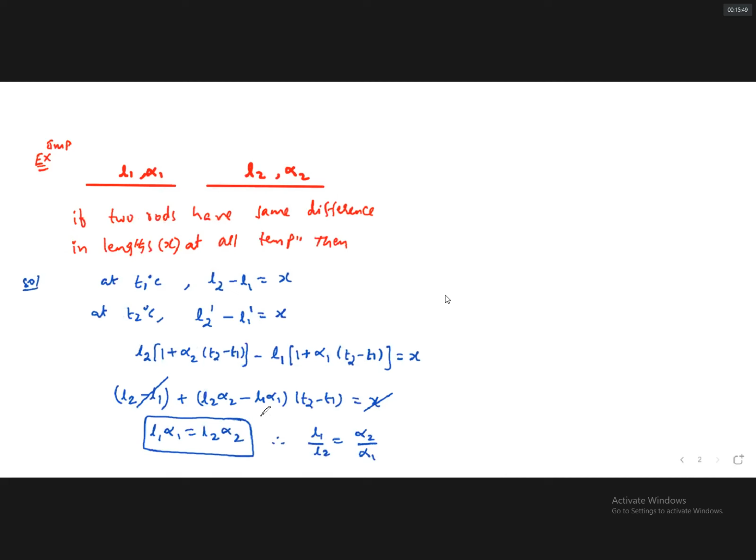In the exam, they give alpha 1 and alpha 2 values. Therefore, the ratio of the lengths is chosen such that the difference in length is the same at all temperatures. This is the first condition. And for the second one, they give the x value in the data, and we need to calculate the length of each rod. As we know, L1 alpha 1 is equal to L2 alpha 2, and L2 minus L1 is equal to x. On solving these two equations,